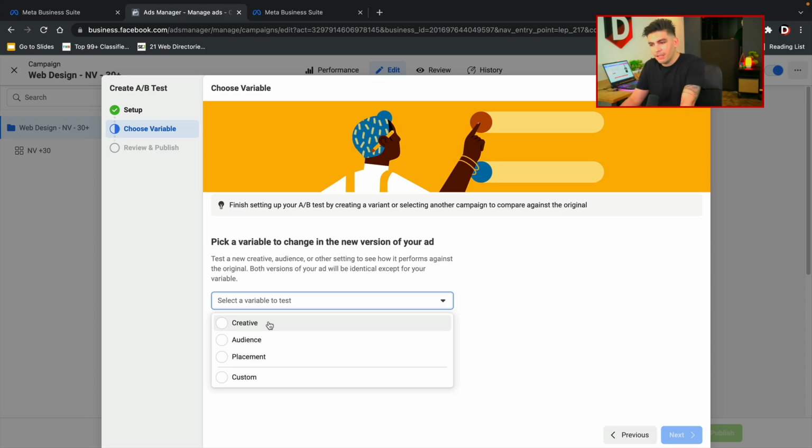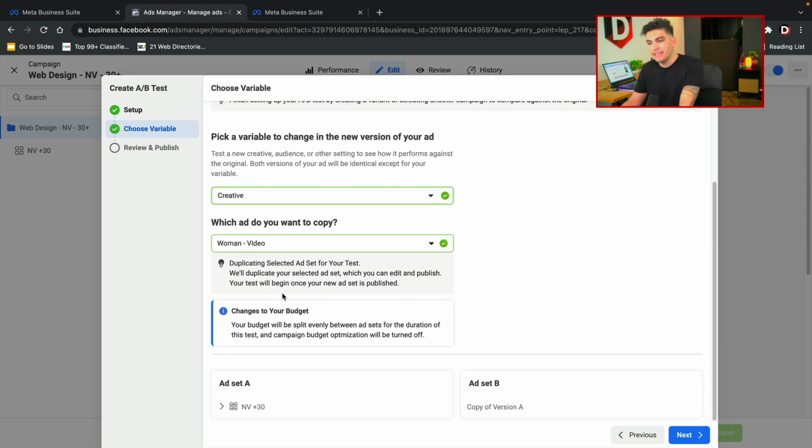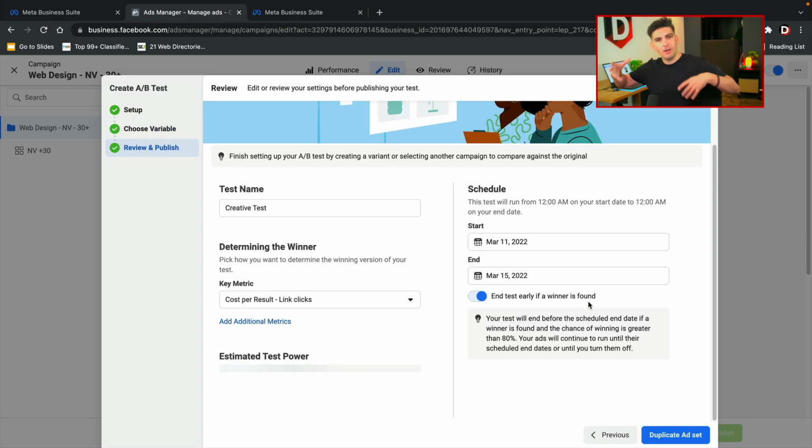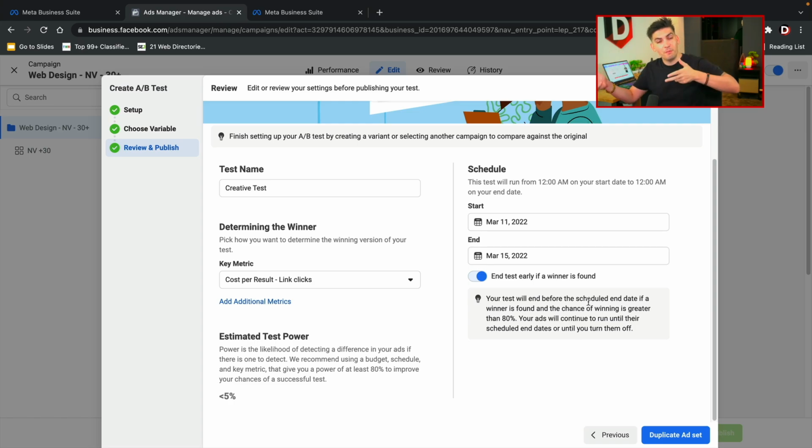So I want to click on creative, right? So remember, placement is where the ad is. Audience is who is looking at the ad, and creative is the ad itself. So I want to change the ad itself. And instead of the woman, I might want to adjust something a little bit different, right? So let's go ahead and select the woman video, right? And click on next. You see why we did the woman video? Now we know right away that it was the woman, right? So it's, you know, it's adding up. You guys get it right here. So I'll go ahead and say I want to see the key metric, right?